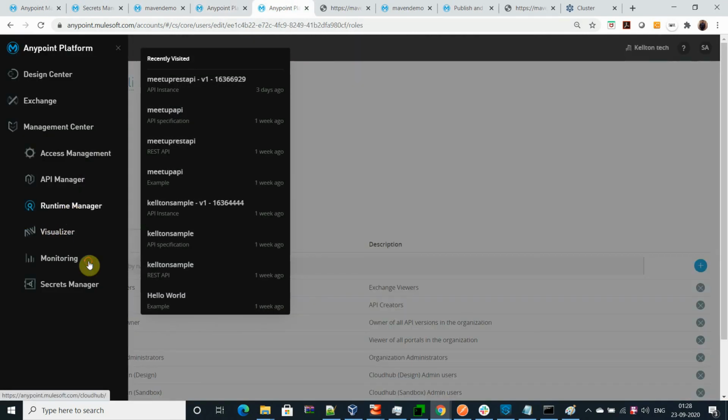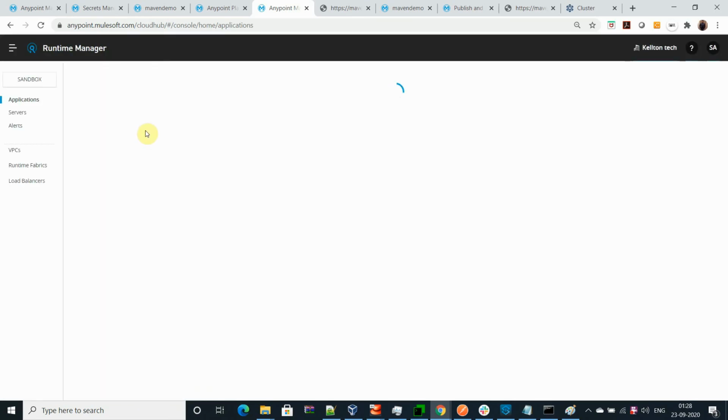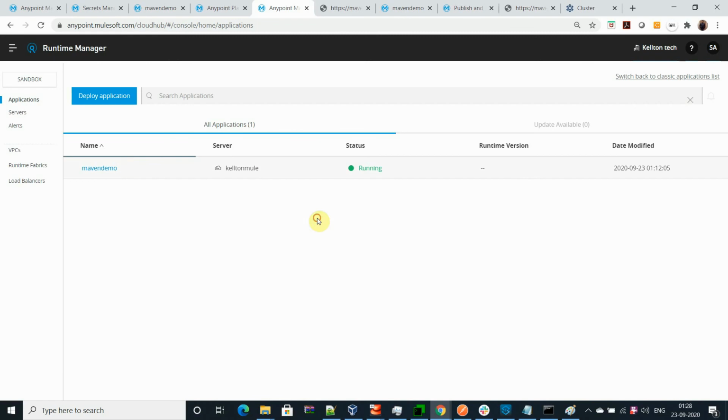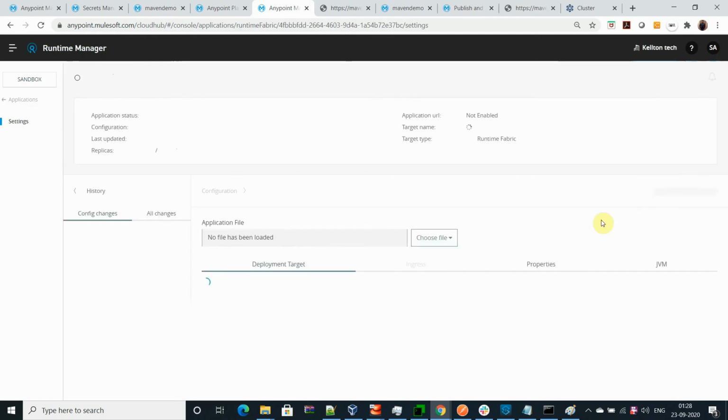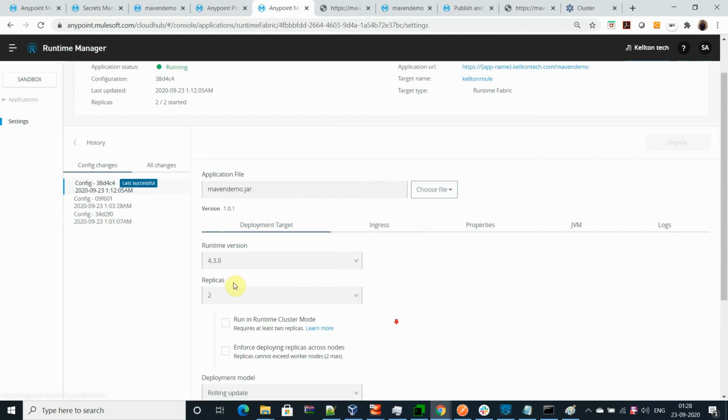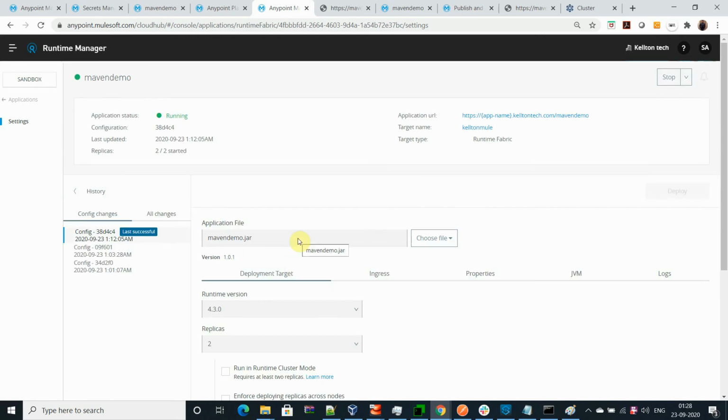Like, if in the Anypoint UI I provide three replicas, and two replicas go out of network because of some issue, then the runtime manager, the controller, will create another two pods to restore the three replicas which I have requested to deploy in the environment.